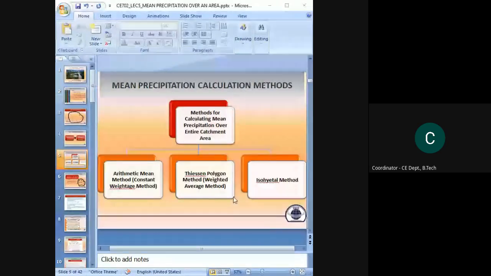It is also known as the weighted average method. Why, I will let you know. We have to find some weightage value, called the Thiessen weightage. What that is, we will explain in our further lecture. So it is also known as the weighted average method. And the third method is the isohyetal method. Now what does isohyet mean? Suppose this is your catchment area. It may not occur that the same amount of rainfall will occur over this entire area.